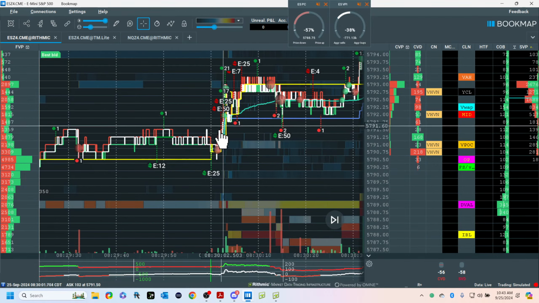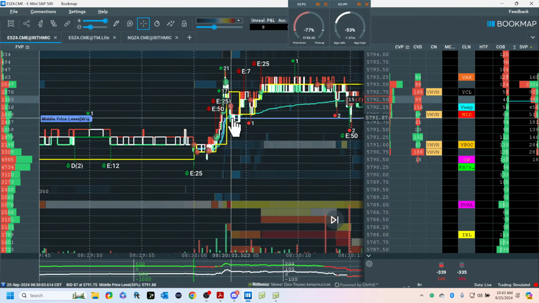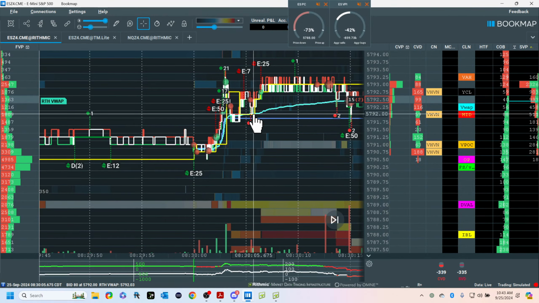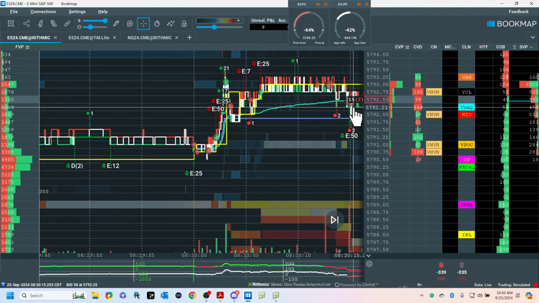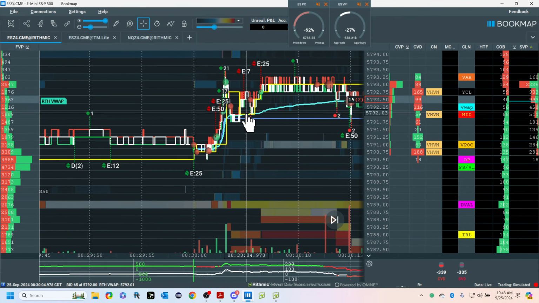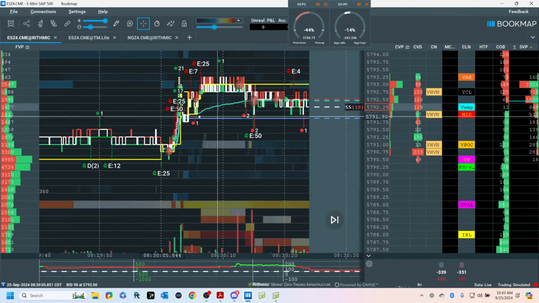So if you cannot execute here, which most can't, or here, which is the first opportunity for a long, or here, and you can't get long here, I couldn't. So for me, this was my location, mid and this, VHVN. This is called a VPOC migration trade in alignment with the context, which is up. So long,